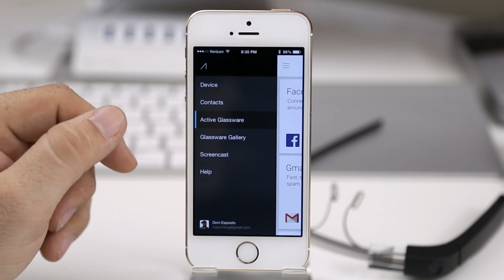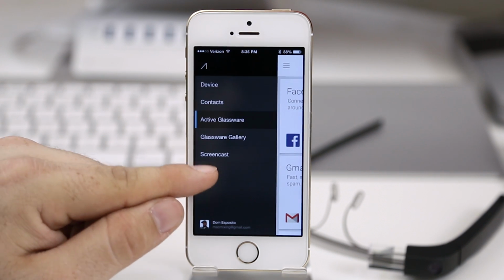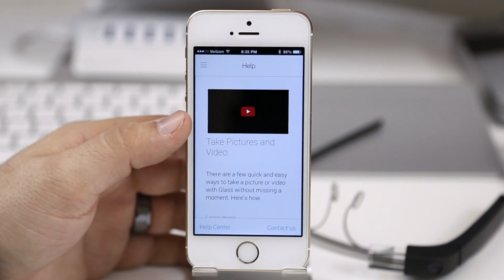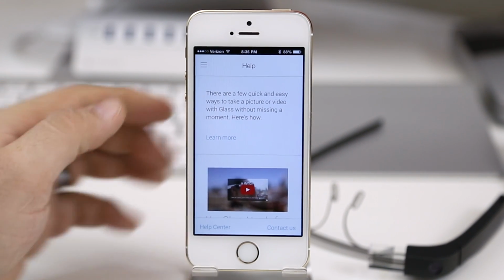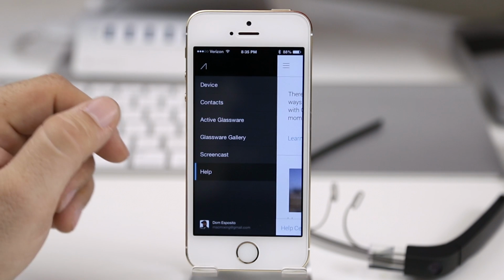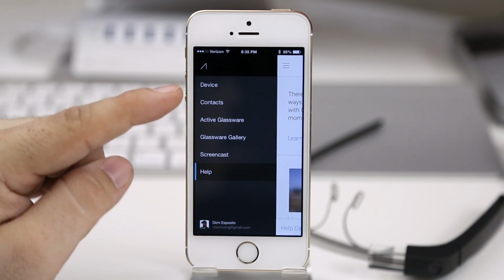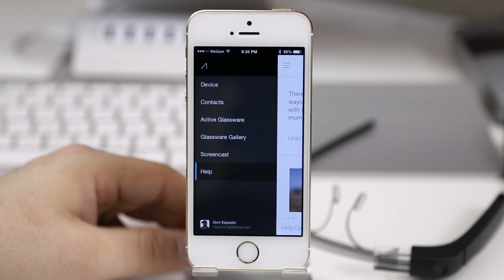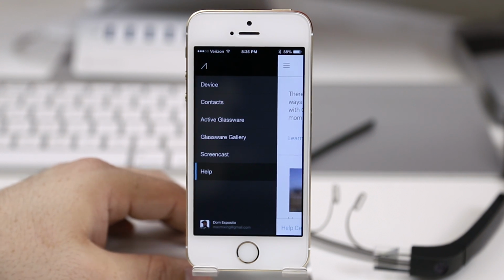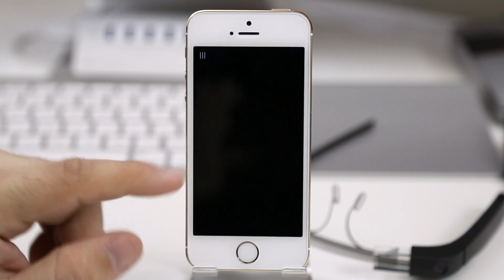The next item we have in the menu here is the ability to screencast, and I'll show you what that's all about here in a second, but we also do have a help button that will give you quick access to the help center, or even using the contact us button down here in the corner in case you need some extensive help with your Glass. Like I mentioned before, we do have Screencast as well, which will allow you to pull what is showing on Glass's Prism to your iOS device display, so you can actually show people what you see through Glass. And this will work over Bluetooth/personal hotspot or your local Wi-Fi, so you're going to have one of those two connection points to make this work, but I'm going to go ahead and give you a quick demo on Screencast